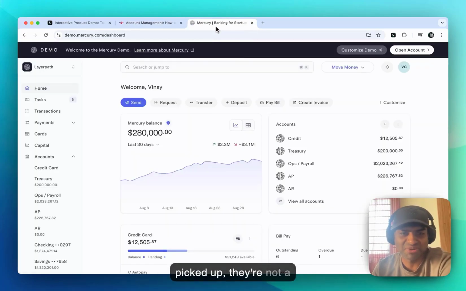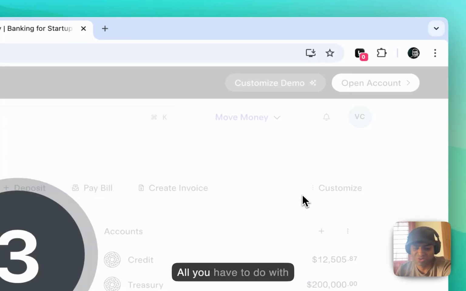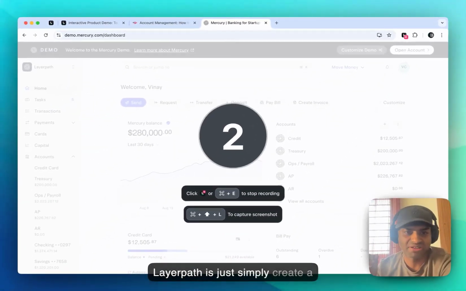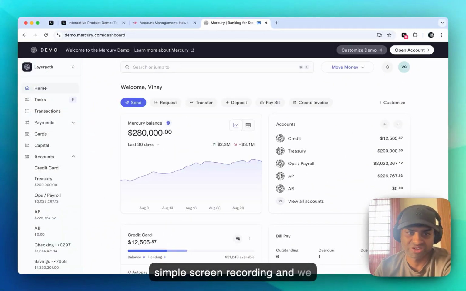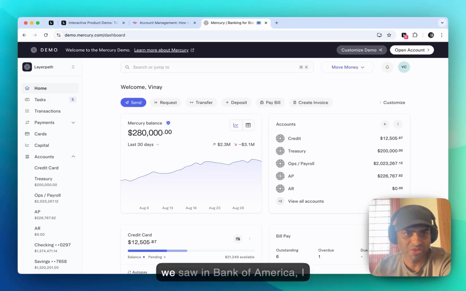And for the demo, I've picked, they're not a traditional bank, they're a fintech company, Mercury.com, and this is not our current account, this is just a demo account. Go to Layerpath, start the recording. All you have to do with Layerpath is simply create a simple screen recording, and we take care of the rest. To do something very similar to what we saw in Bank of America,